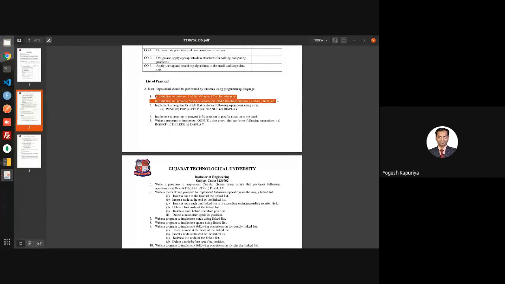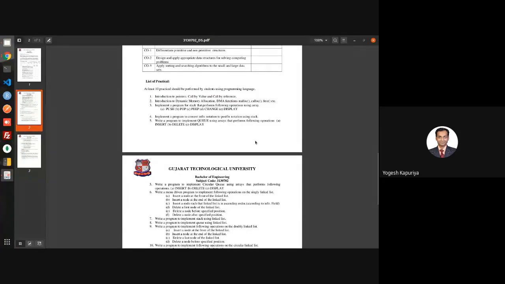designed or mentioned in order to sharpen your pointer skill in C, because the entire syllabus was planned with reference to the language C in mind. So when you want to implement something like linked list, you must have a knowledge of pointer and dynamic memory allocation. So in order to do that, these two problem statements are being mentioned.